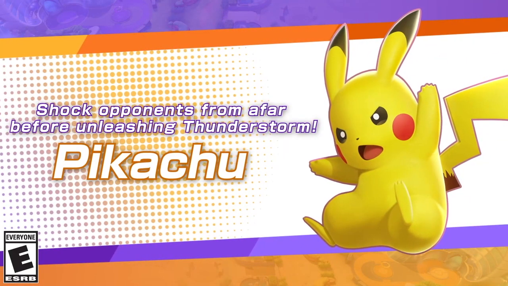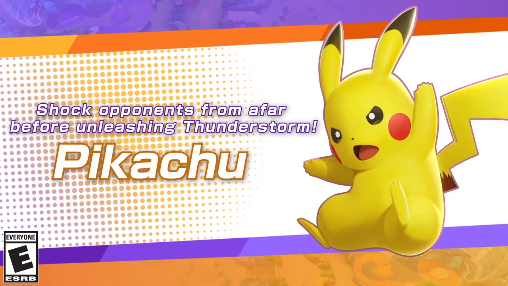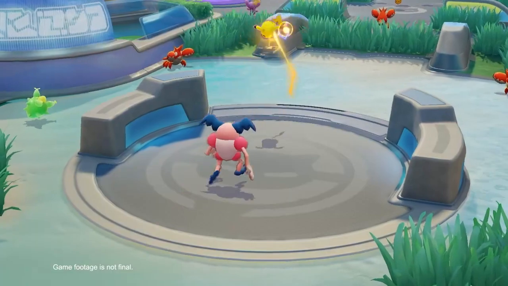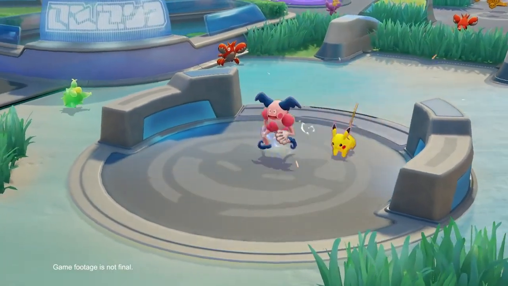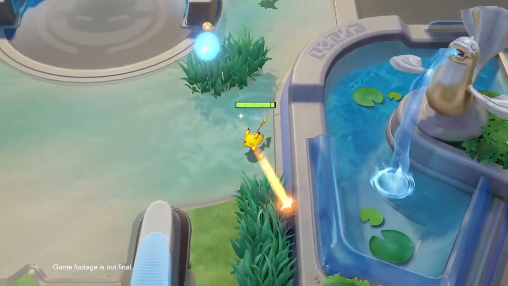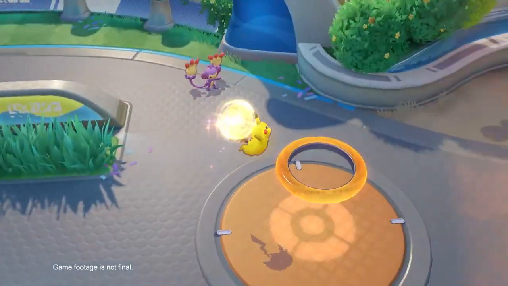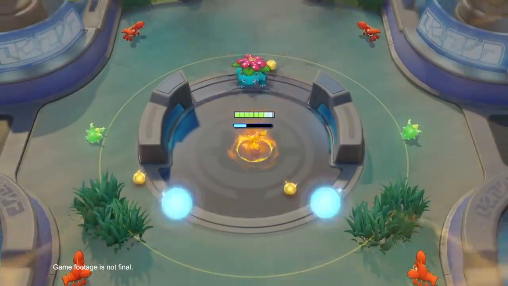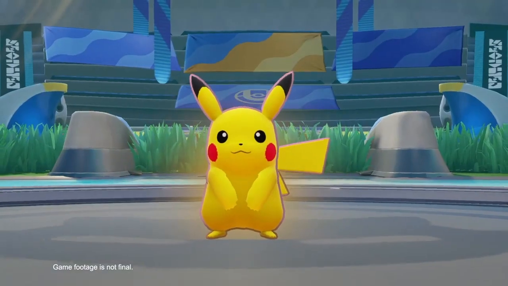GK Gaming here with another Pokemon Unite video for you, and I'm bringing you my first character breakdown or preview of an attacker, the mascot of the franchise, the one, the only Yellow Mouse, Pikachu. Now, while tiny in size, Pikachu has one of the mightiest attack stats in the game. As a trade-off, they made him pretty squishy in defense and speed, though the Mon makes up for it with